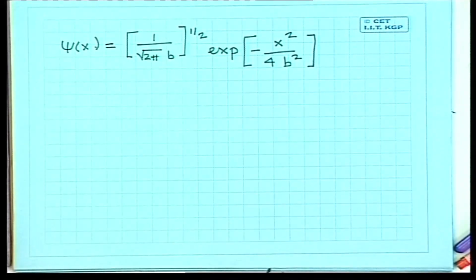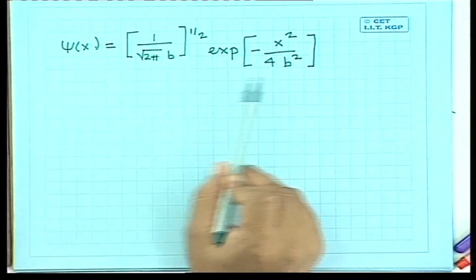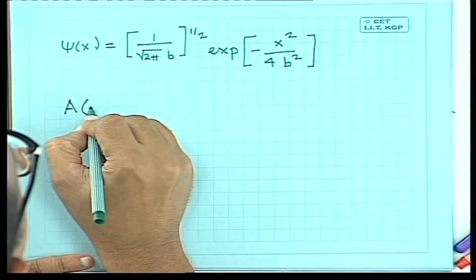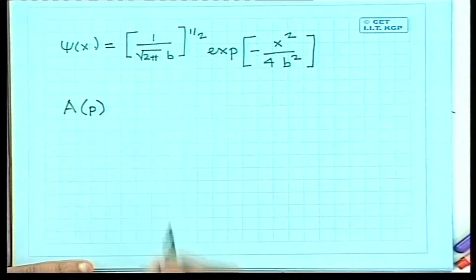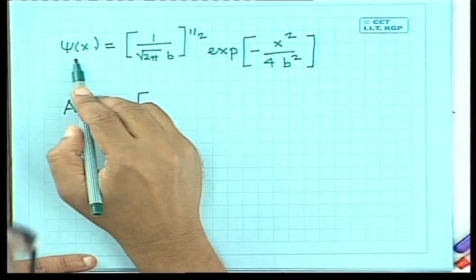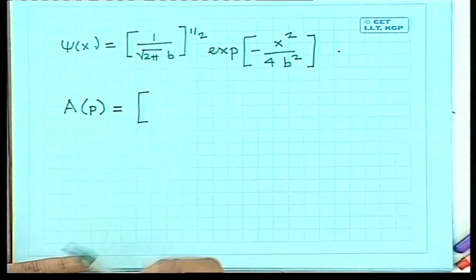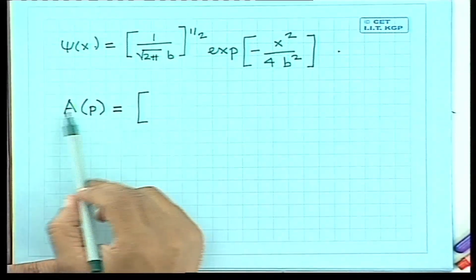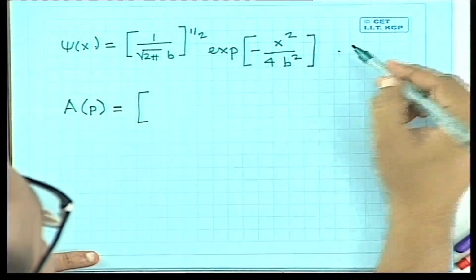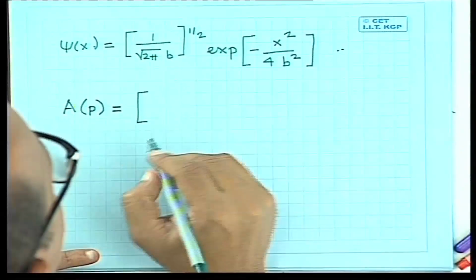Now, this can be constructed by superposing waves of different momenta. The function a of p corresponding to this, let me write it down, and then we shall actually verify that it does indeed give you this wave function. The a of p, the weightage given to different momenta, or you can call this the momentum wave function for this particular wave function, is given by